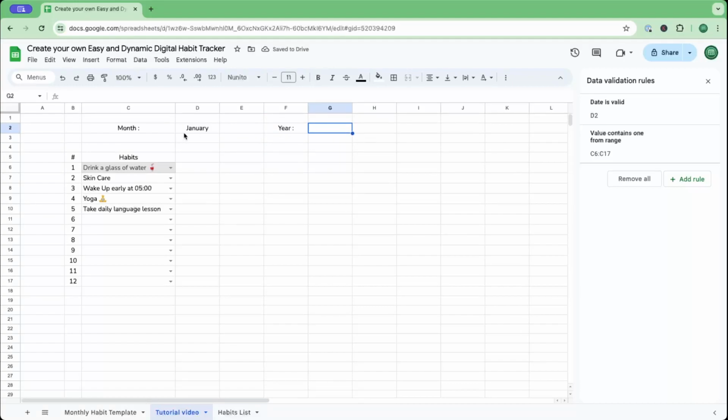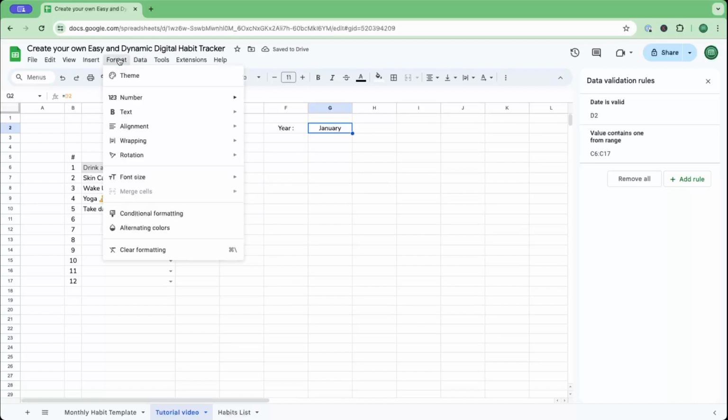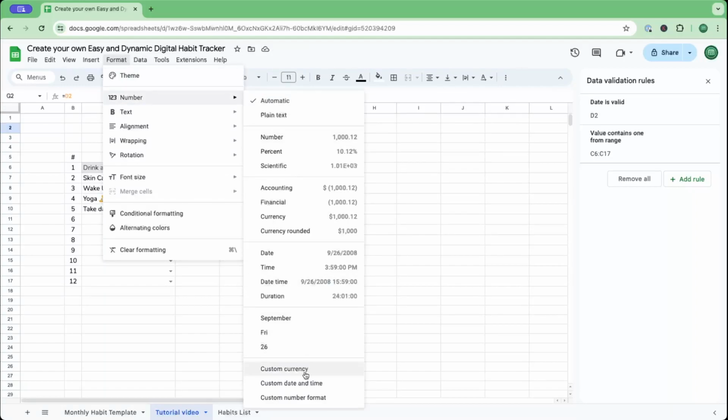I will show the year for the date that I will select. So I will have the same date in this field. So I will equal D2, and I will hit enter. Now I don't want to show the month, so I'll go to reformat it, custom date and time,